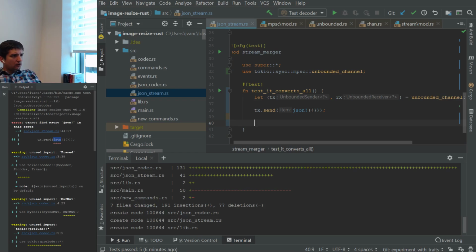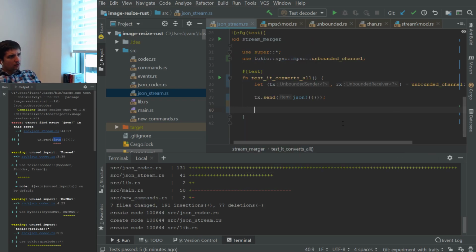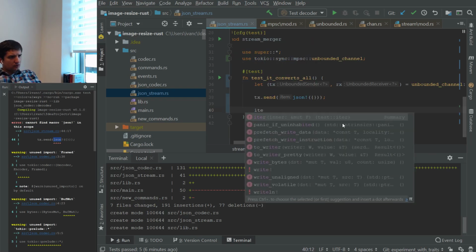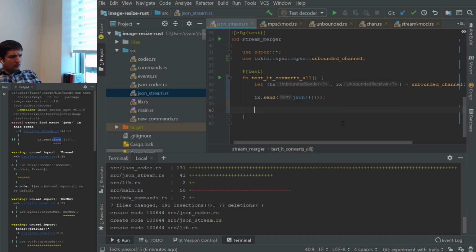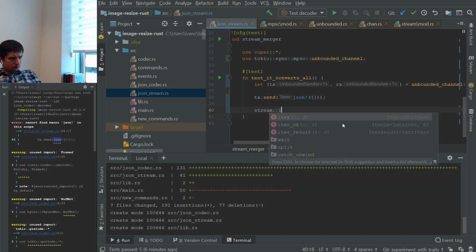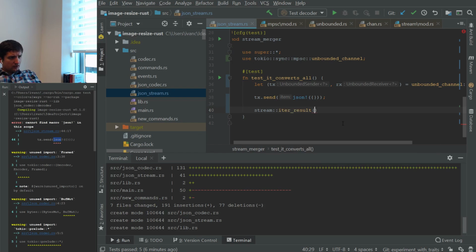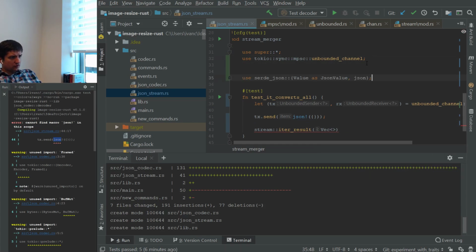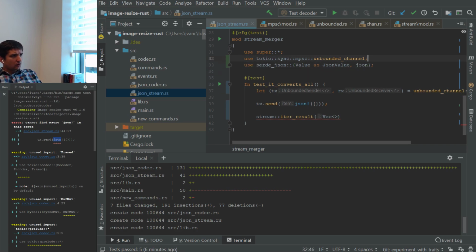And here I'm gonna create stream iter result of a vector of the JSON values. Yeah, so we're gonna use here assert the JSON value and JSON macro. So here we're gonna use JSON value,